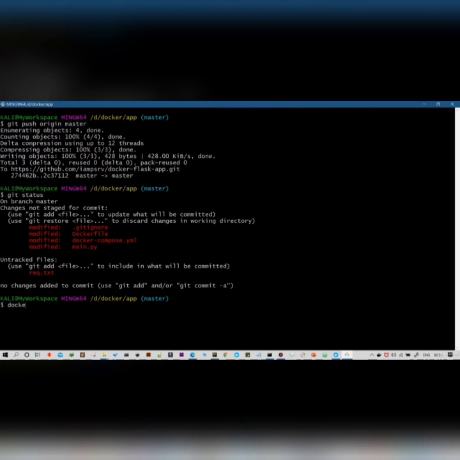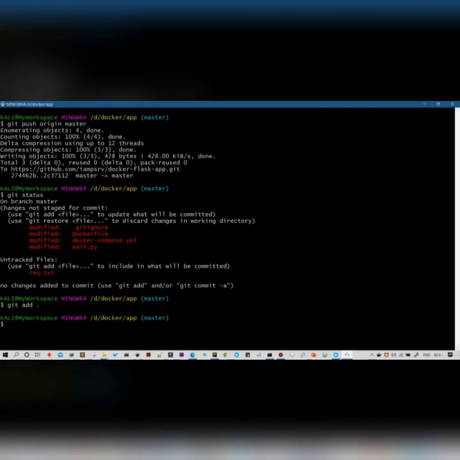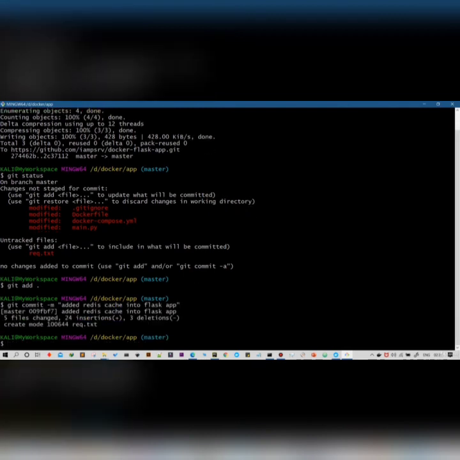So there are three files which we have edited. One is the Dockerfile, one is the docker compose YAML file, and we have the main.py file, and one untracked file which is the requirements.txt file. So I added that file here, and I'm going to commit with the message that we have added Redis cache into our Flask application. Okay, we have committed all the things.